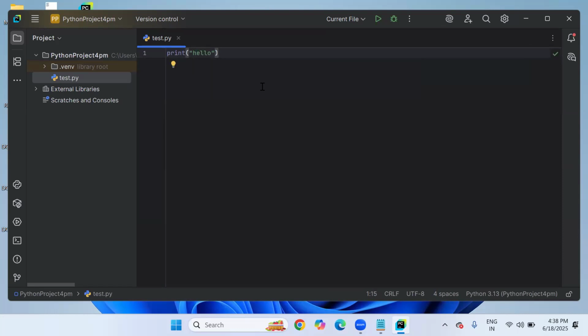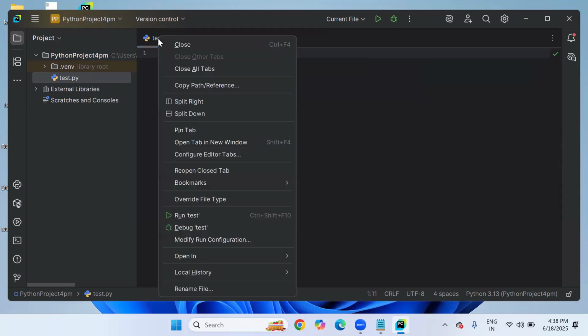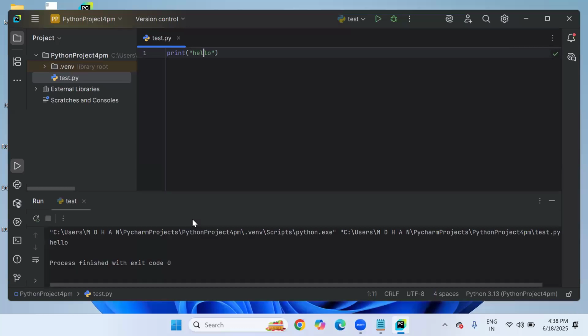Hello. So if you want to execute this program, like test.py, how to do this? Right click on the test.py file and click on run test. There is an option called run test. Click on run test. Now you can see hello in the output window. This is the output window. This is the code writing window. And here on the left-hand side is the project folder and files window. So this is